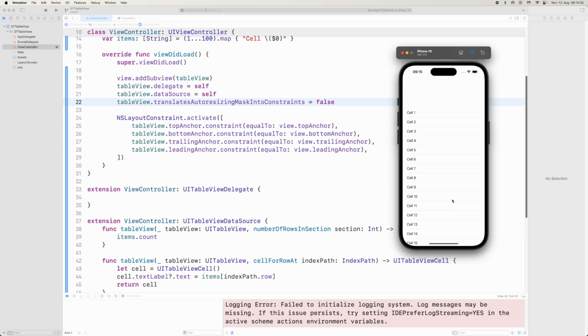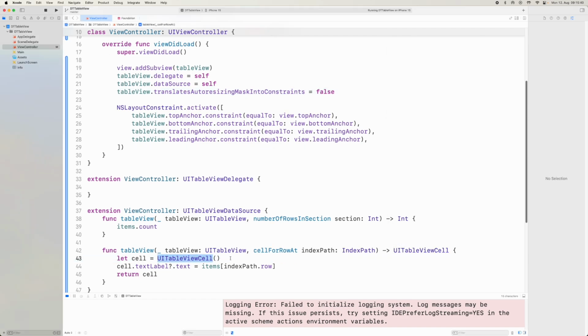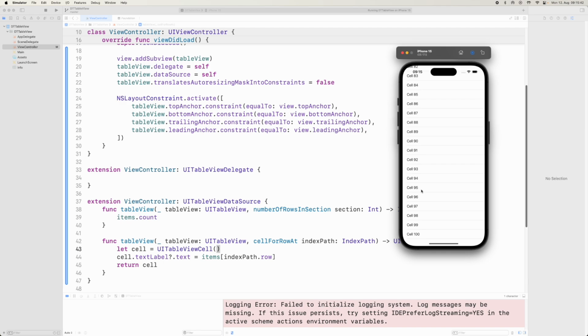All right, it was just taking a little bit of time in the beginning to come, and now you can see that we get a whole bunch of cells, right? This doesn't mean that there's 100 cells being created. This is not what happens, okay? What happens is that there's only, like I said, maybe 20, maybe 22 cells in total that are being created, and they are being shared. So there's really maybe 22, 23 cells